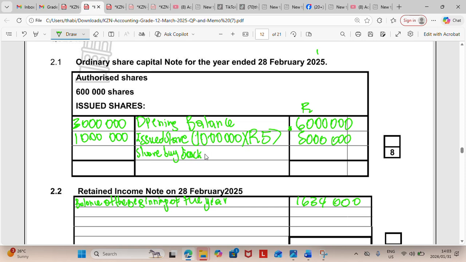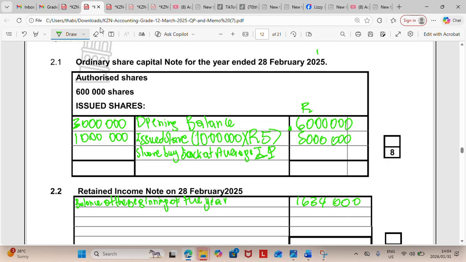Share buyback is recorded at average issue price. So on your side, please make sure that you write in full. It's recorded at average issue price. So to get the average issue price, guys, we need to check shares that were in issue, that we issued during our financial year. So to check the shares that were issued, we are just going to take our opening